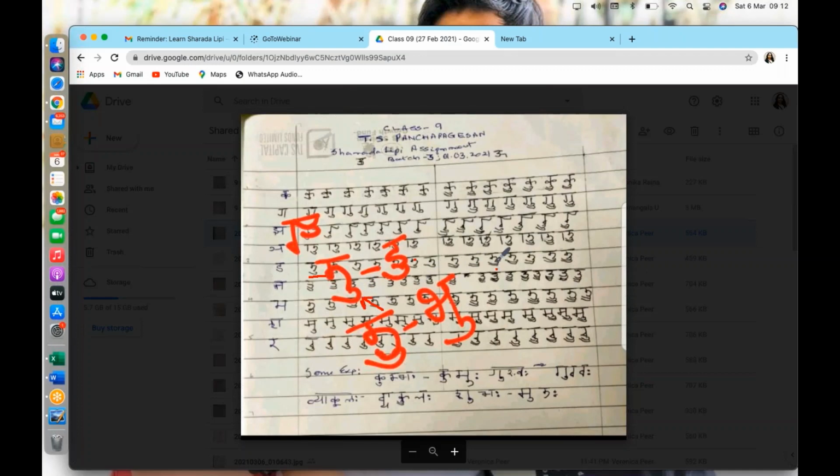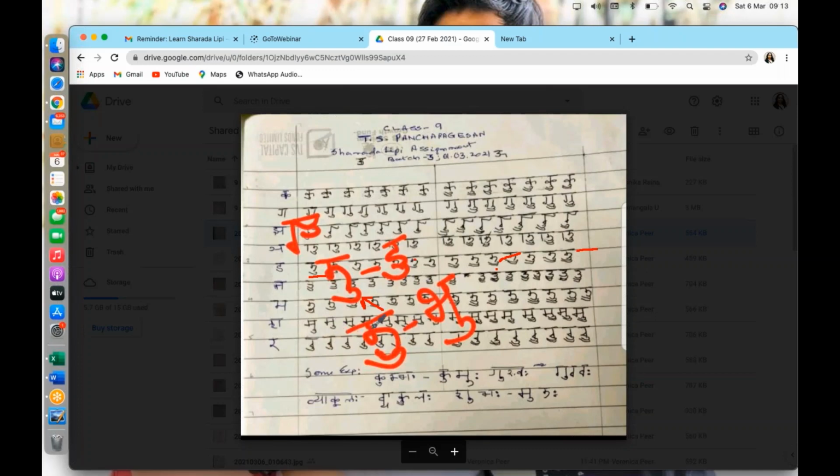This matra has to be attached to the bottom of the letter. If you've drawn this matra, you can see that it is not connected to the letter, whereas all matras in the case of u and u in these 9 letters have to be drawn just below the letter. It has to be attached to the letter, I would rather say. So this is for do.